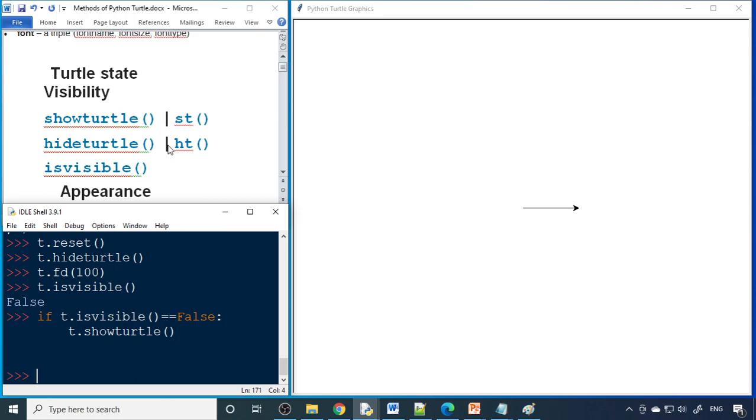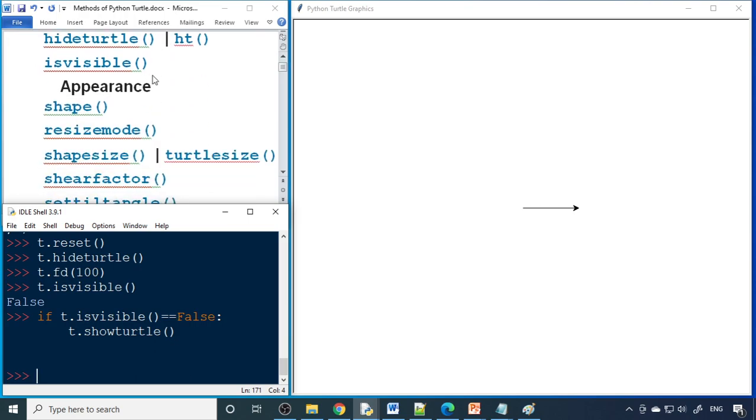We're using the condition. So when you write a program, multi-line programming, sometimes you want to hide. We don't want to show the turtle. Immediately we can say hide turtle, and in case required, we show the turtle. So this is the 3 commands you can use to hide or show.